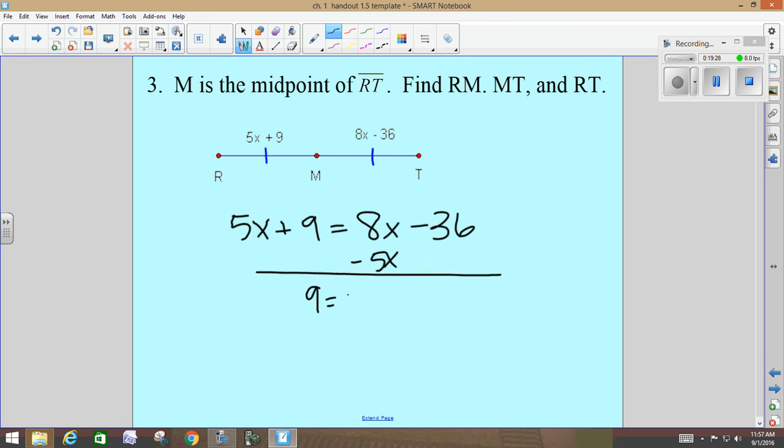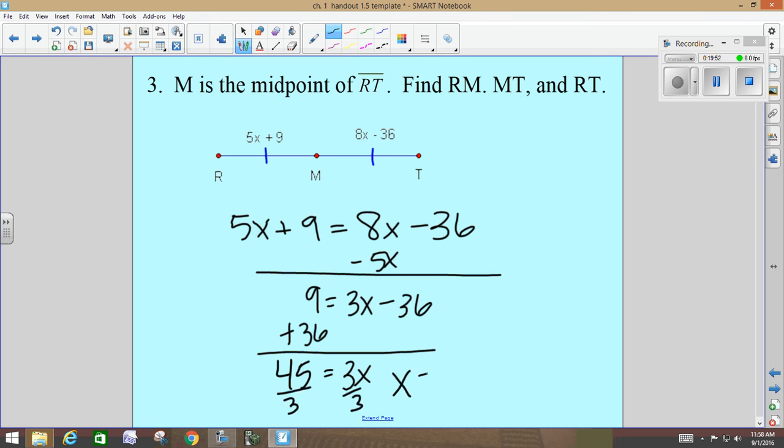So then I get 9 equals 3x minus 36. Now what should I do? How should I bring it over there? Good. 36 plus 9, Sid? 45. Good. What's the last thing I need to do, Sid? Do you know what 45 divided by 3 is? 15. Good. Boy, was that you? Did you whisper 15? Yeah,